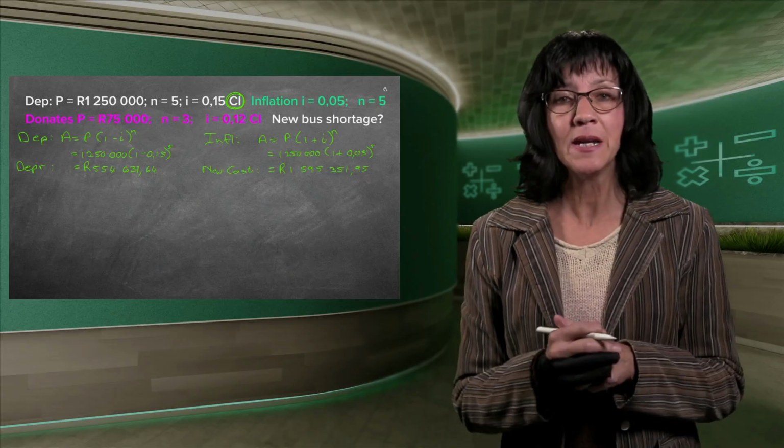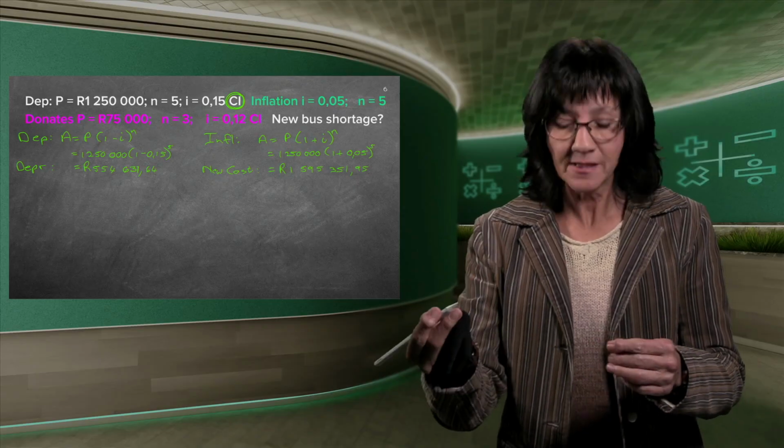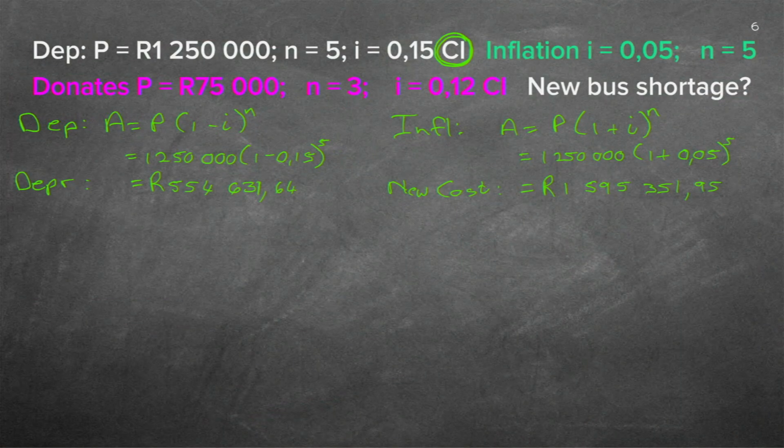But remember, the pink stuff is what the parents donated. So they invested some money. So I'm going to now do, let's call it 1, 2, and 3. So I'm now going to do A is equal to P(1 plus i). Must I put the n inside or on the top? Let's quickly check. They told me compound interest. Compound interest means you must put the n there.